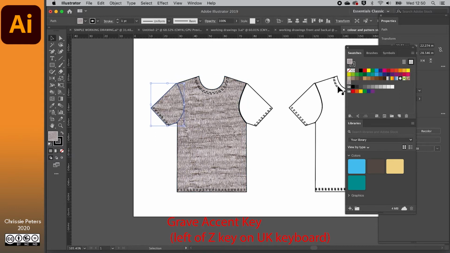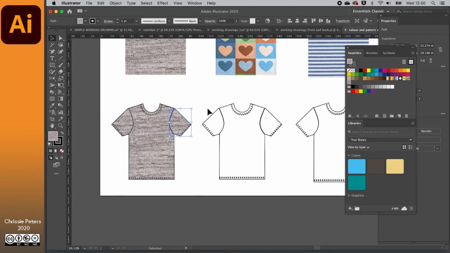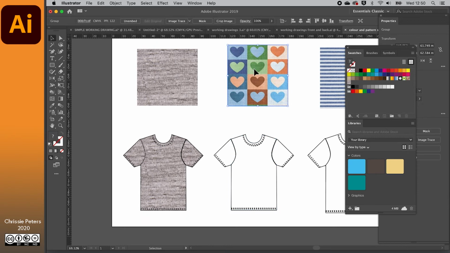I'm just going to repeat that with the sleeves. I'm happy with both of those, there's no line. So that's the first one. Move on to the second one. So select the pattern, drag it into the swatches panel,